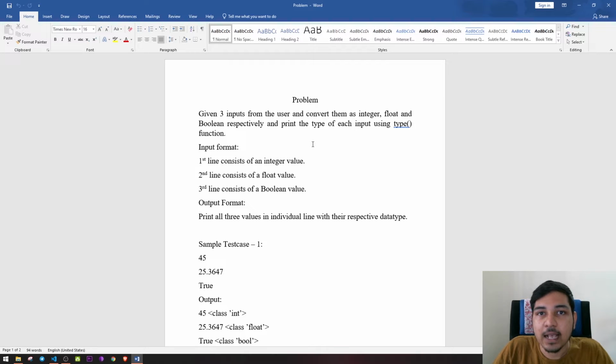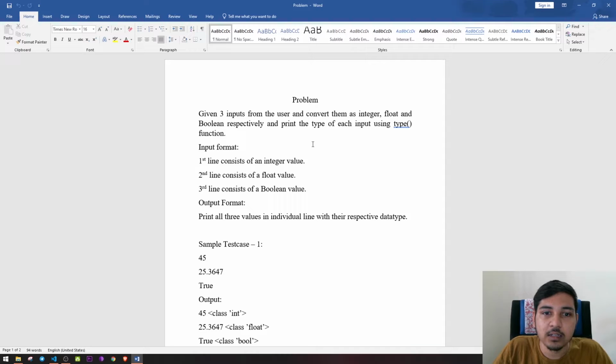We use typecasting by using functions like int, float, and bool. We apply the typecasting procedure to convert the values to their respective data types. After that, we will check with the type function.